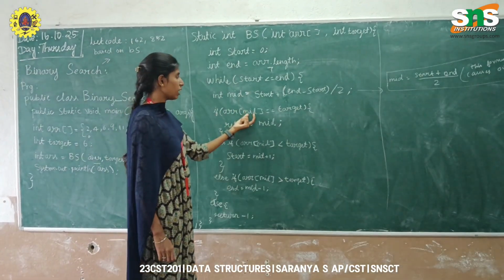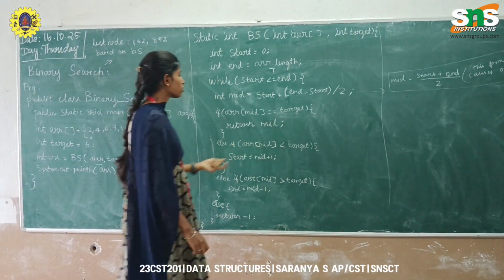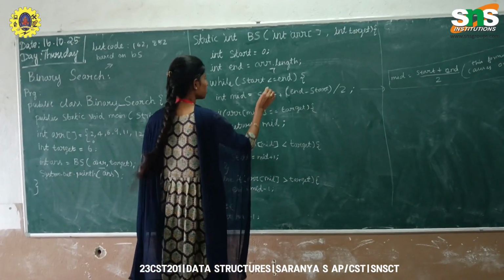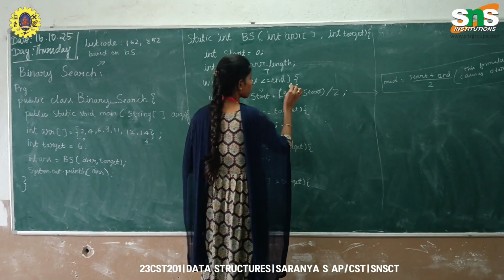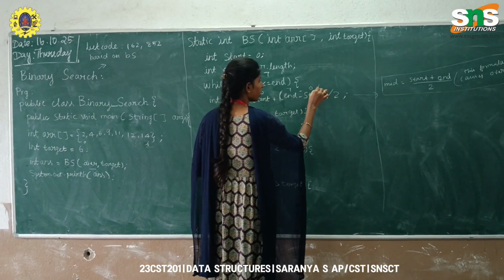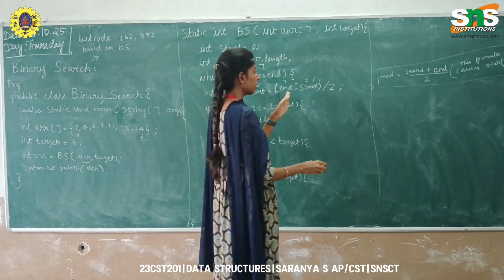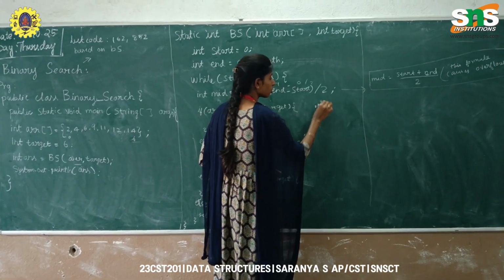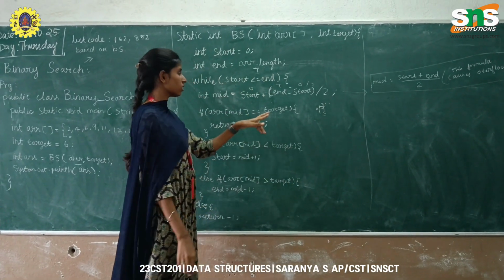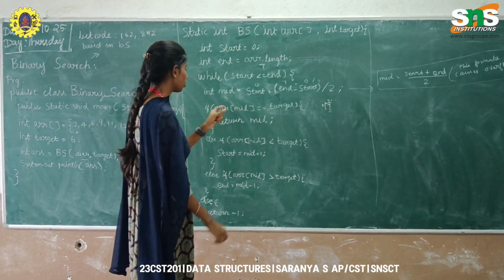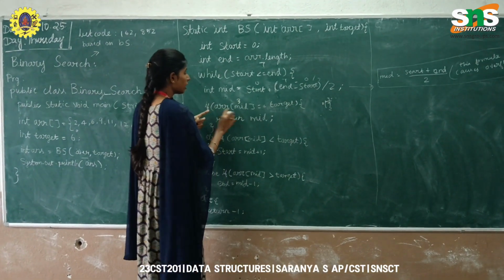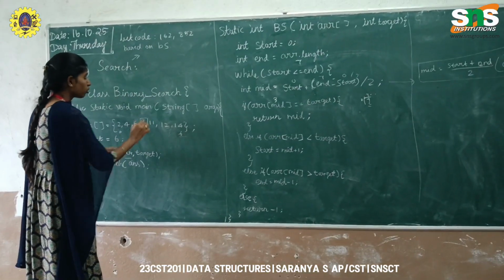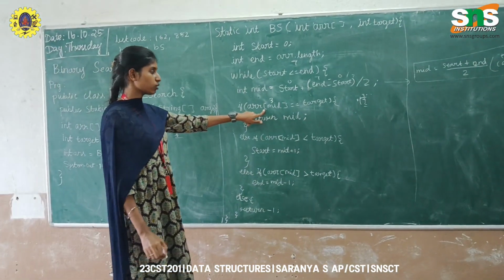If the array of mid element is equal to the target, so after dividing, we get the mid element. Here the start is 0 and the end is 7 minus start 0 divided by 2. 7 by 2 is 3.5. So we are taking the integer part. So array of 3, third position, 0 1 2 3, third position we have 9. So the mid element is not equal to the target.